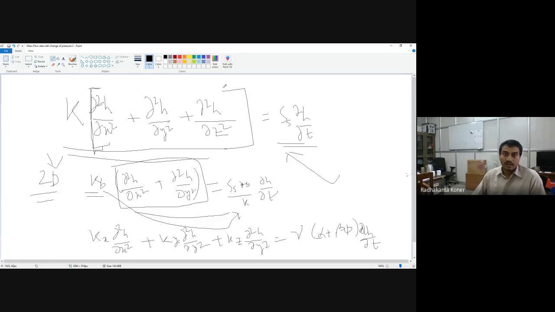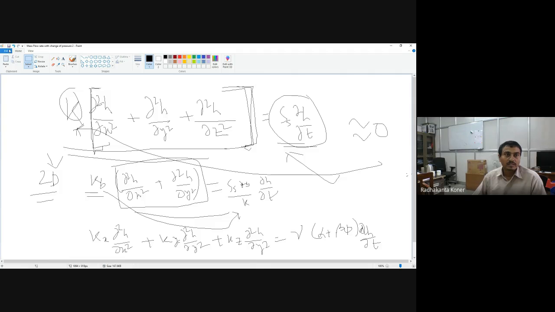If it is observed that the net flow total is 0, and we know this K cannot be 0 because it is a hydraulic conductivity value, so this particular expression will finally be